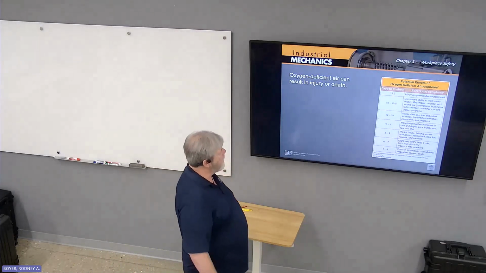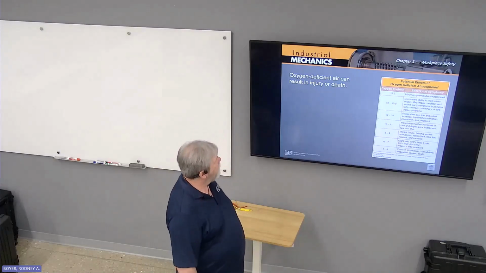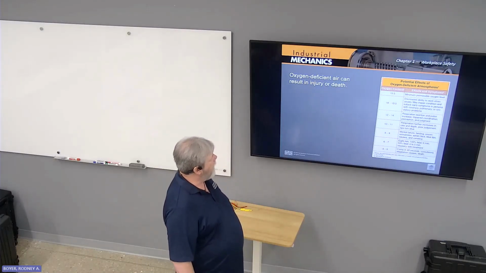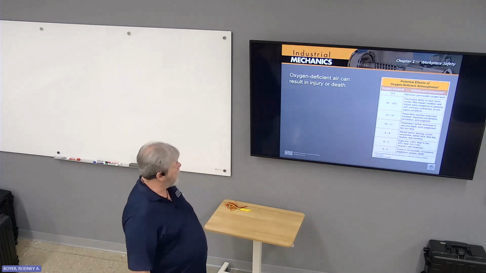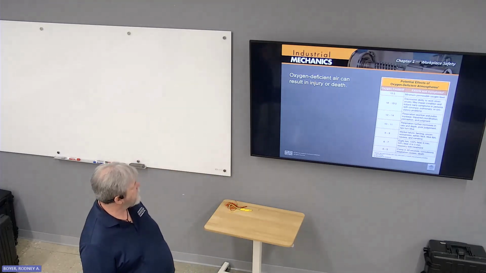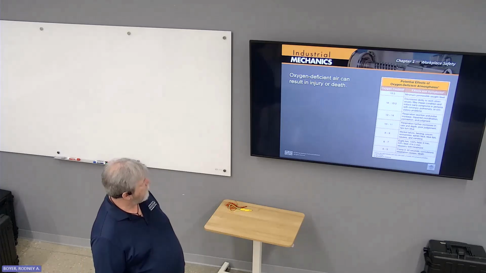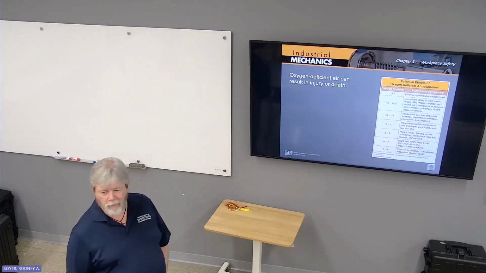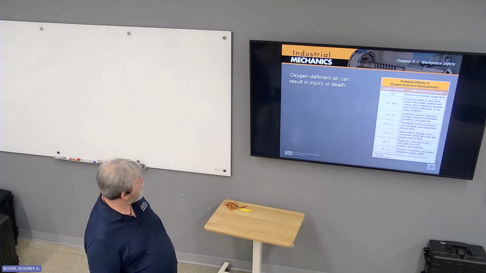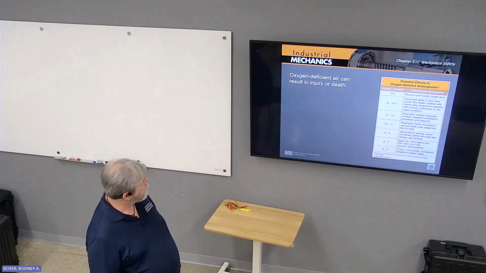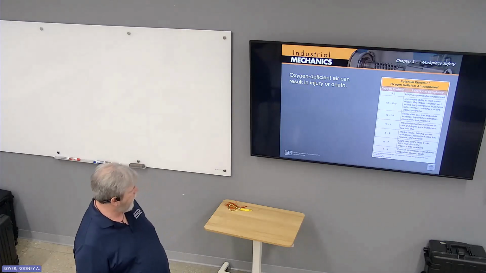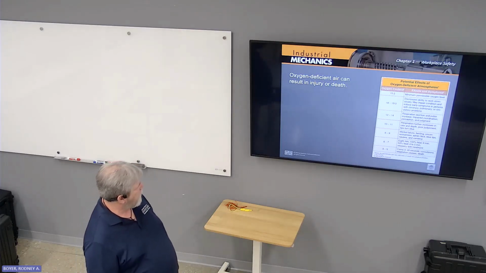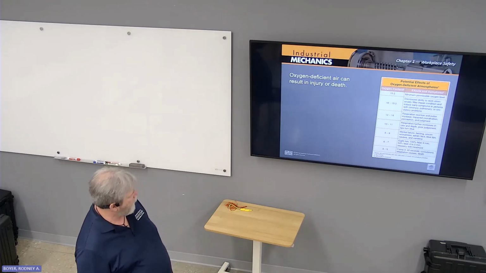So, 19.5% is the minimum permissible oxygen level. 16 to 19.5%, you get a decreased ability to work strenuously. 12 to 14%, respiration, exertion, and pulse increase. You get impaired coordination, perception, and judgment. Your oxygen level starts getting that low, you really do some stupid shit. 10 to 11%, respiration further increases in rate and depth. So when your lips start turning blue, 8 to 9%, mental failure, fainting,